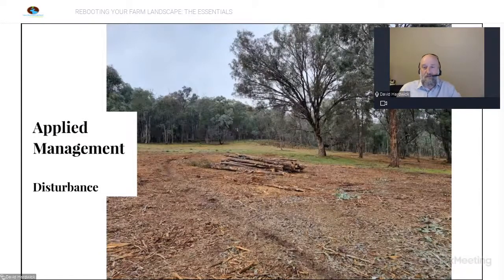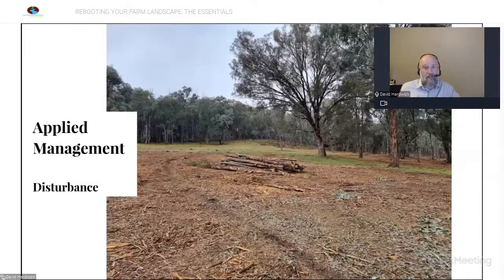The fourth set of strategies we can use in our land restoration toolbox is basically applying management. That's doing things, not necessarily physically changing things, but doing things that are quite temporary. They might be one-off, or they might be regular events like grazing management. The technical term that we'd use for that is disturbance. So applying disturbance, and that can be grazing,